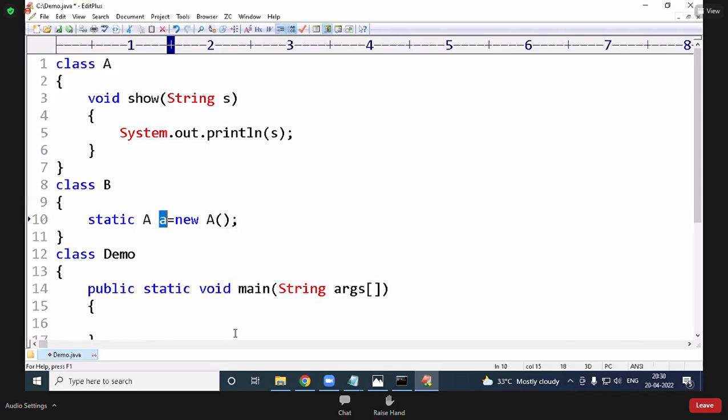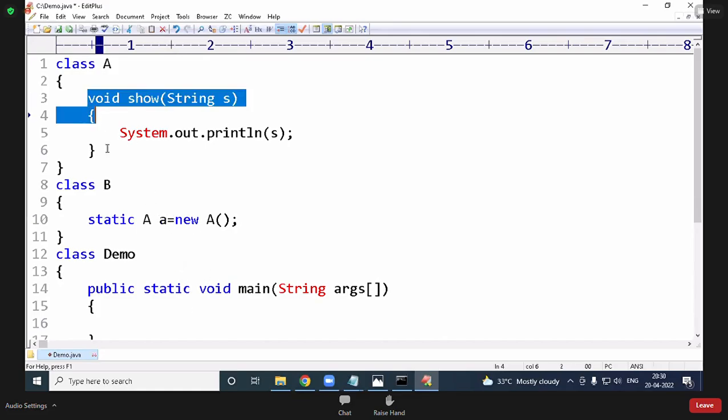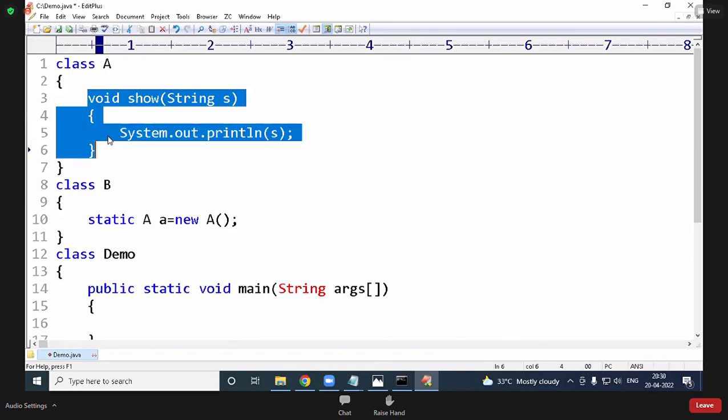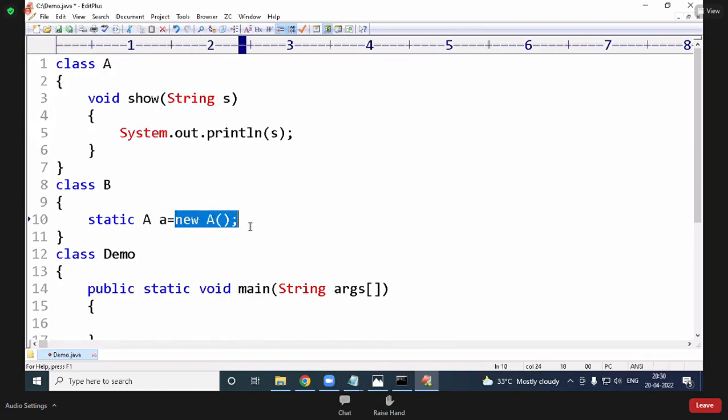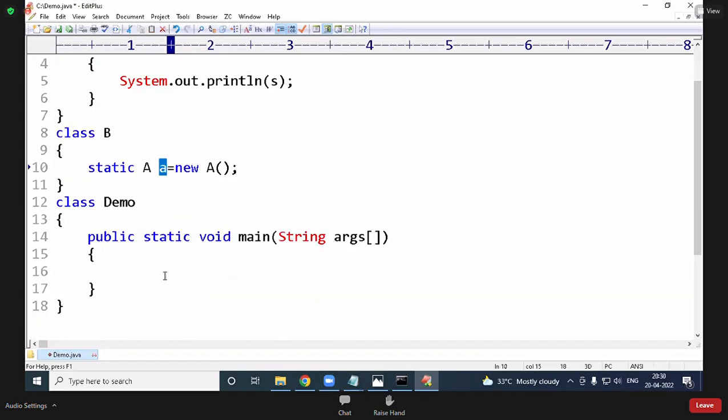This small a, which type of variable is it now? Class variable or instance variable or local variable? Class variable. Okay. Now, for calling this method, which class object is required? Here an A class object. That reference is a member of the B class. This small a, if you want to access it, how many ways are there? 4 ways.